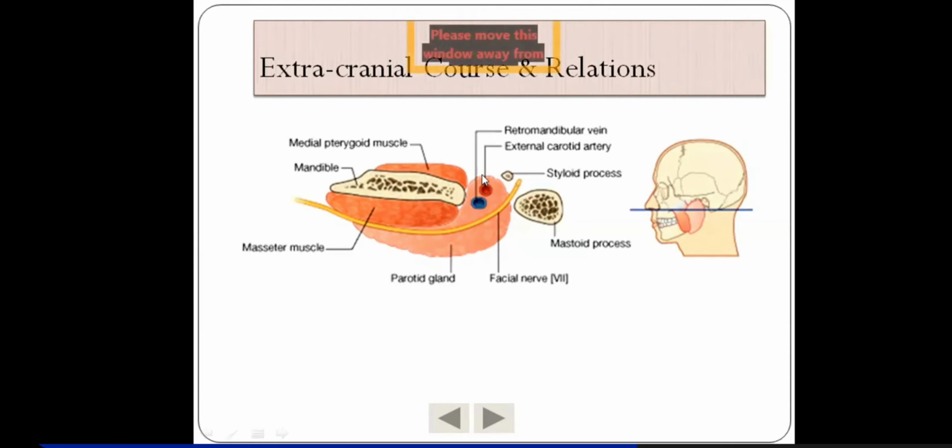So embedded within this parotid gland, there is the external carotid artery deep inside, and in between the facial nerve and the external carotid artery, there is the retromandibular vein. So the facial nerve winds behind the styloid process, then enters the parotid gland through the posteromedial surface of the gland and winds laterally, coming to lie in lateral relation to the external carotid and retromandibular vein, and within this substance it will divide into its 5 terminal branches. And remember, all of these branches will emerge from the anterior border of the parotid gland.